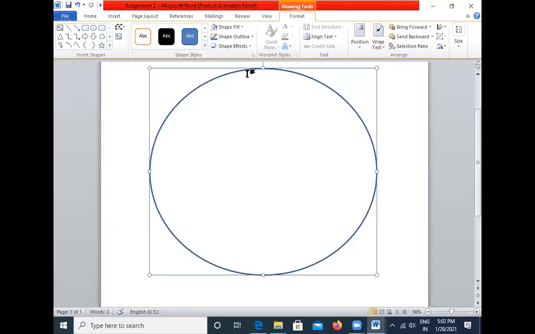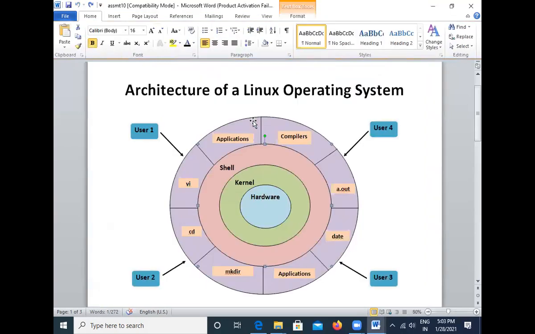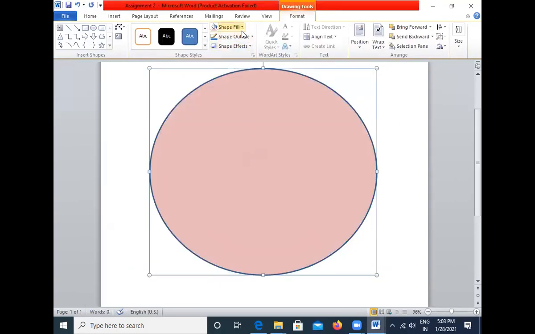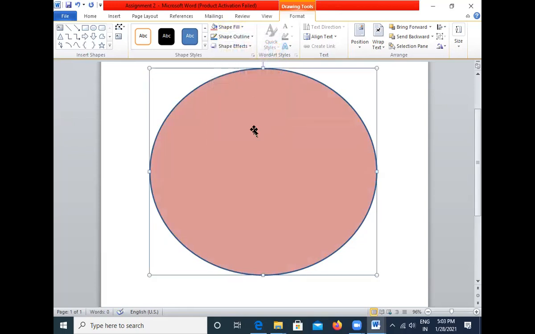If you want to fill with a different color, you can also select Shape Fill with a different color. So we'll take almost the same color as we have here.